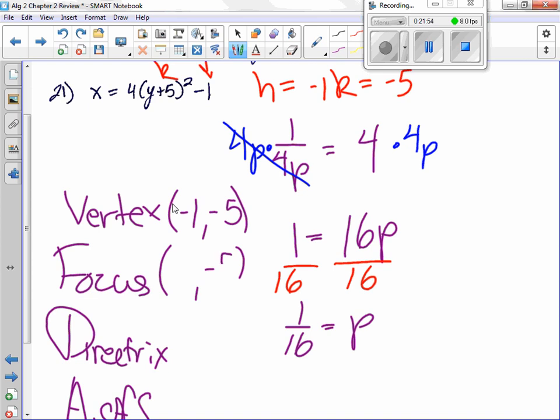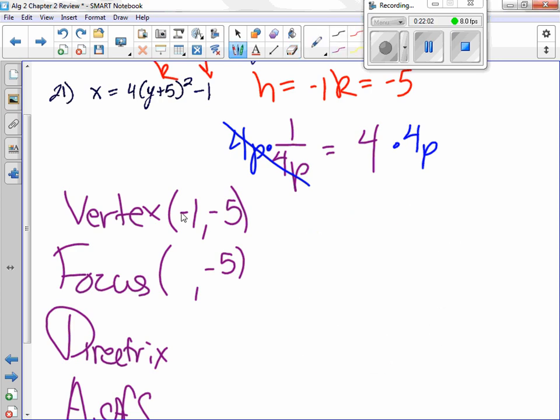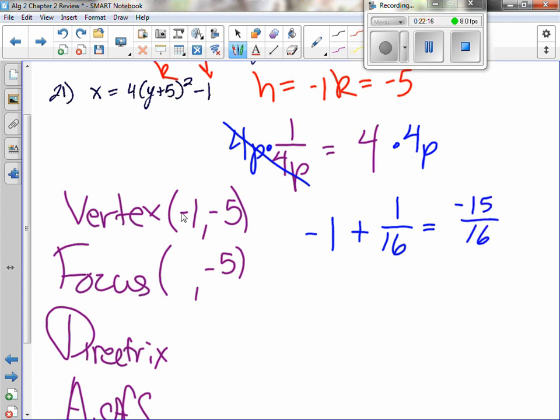Well, we know k, it's -5. H plus p, so h is -1 plus 1/16, because h plus p. And you can do this in a calculator. If we do it in a calculator, we should get -15/16